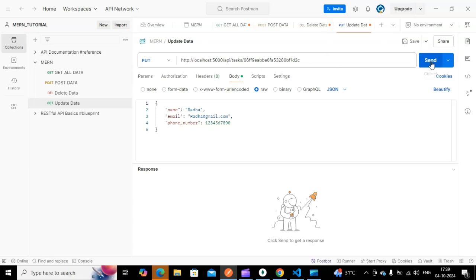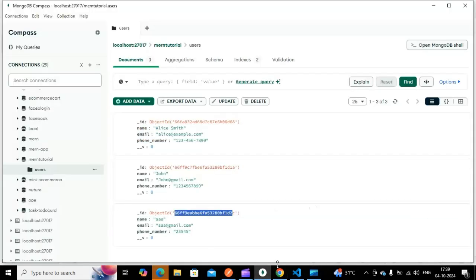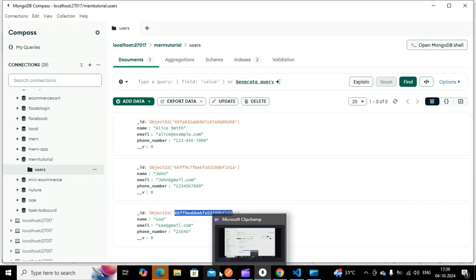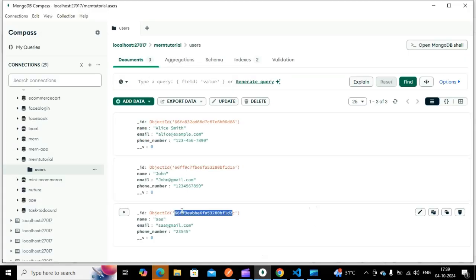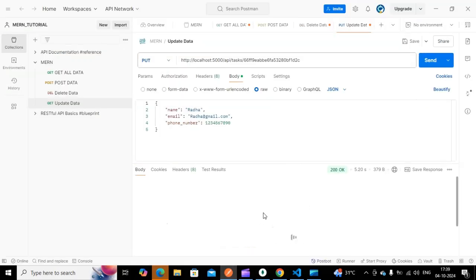Once I send this, that document should update with this name, Radha, Gmail ID gmail.com, instead of this. Let's see whether it's working fine or not. Yeah, it's working fine because we got the 200.